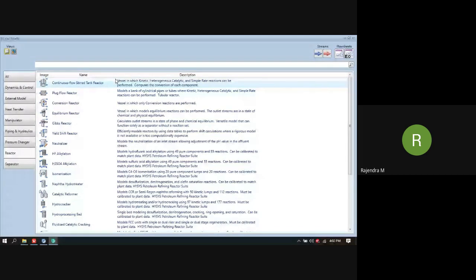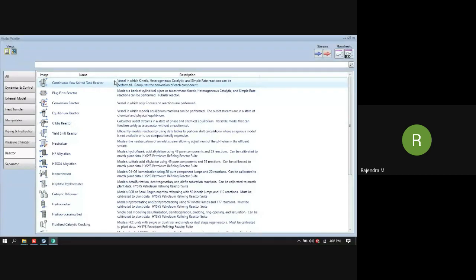So what are those other reactors? Other reactors are used in petroleum refineries, as well as in thermodynamic calculations, like the Gibbs free energy minimization you must be knowing. By using this Gibbs free energy minimization, you can tell whether the reaction is possible or not. Then we have the equilibrium reactor.